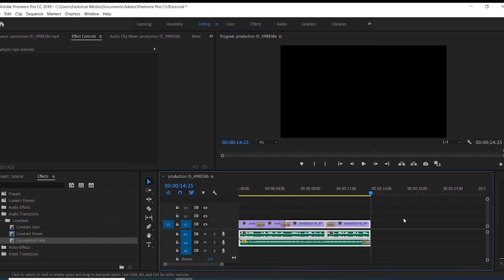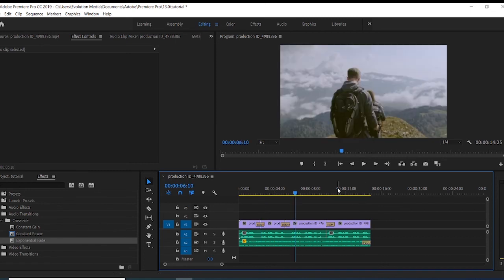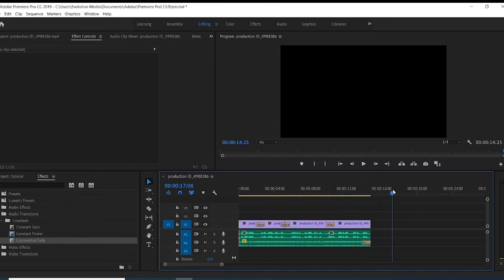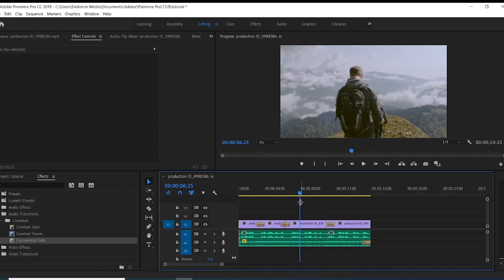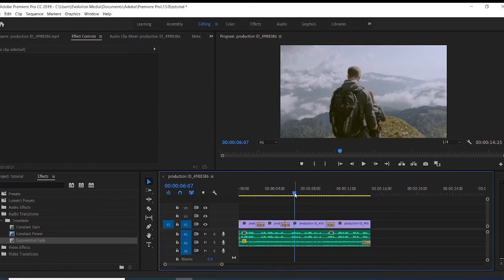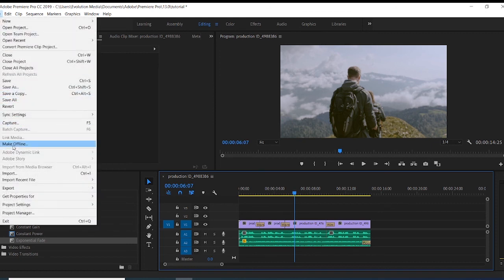So now if you want to export your video, how do you export? You can just click on this one. This one can be outside and you can see export, but I like to put my blue line on this. So you can click Ctrl M or go to export media.